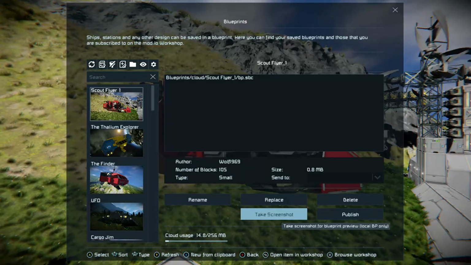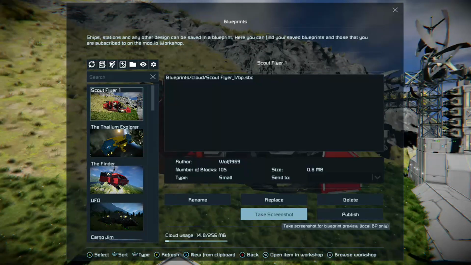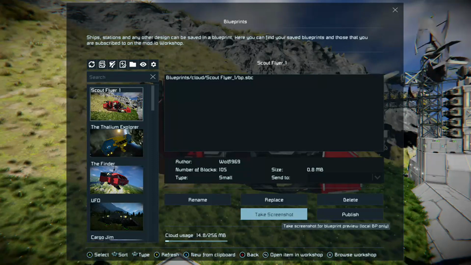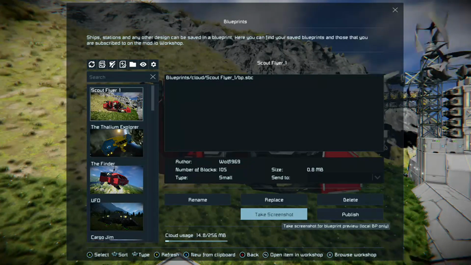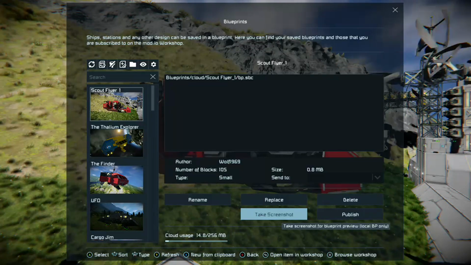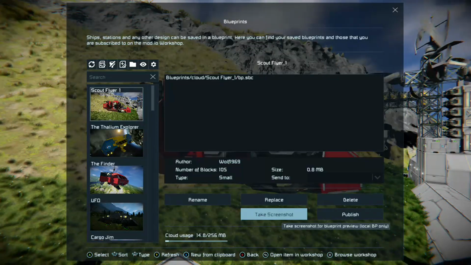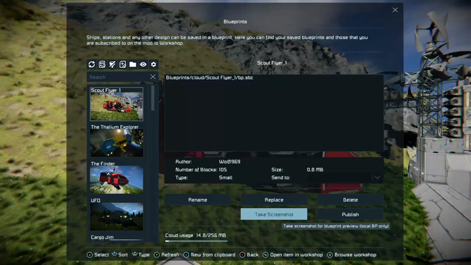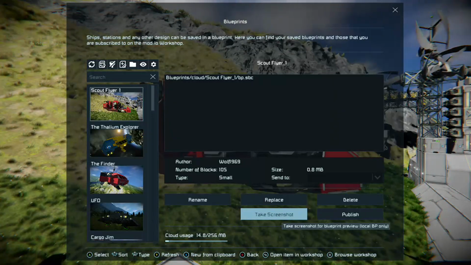And if you want to browse the mod.io workshop, you can as well. You can see the controls down at the bottom. Press the three lines and you'll basically browse the workshop. If you press the inventory button, you will open the item using Microsoft Edge on the Xbox One as a web page. And that's about it for the blueprint tutorial.